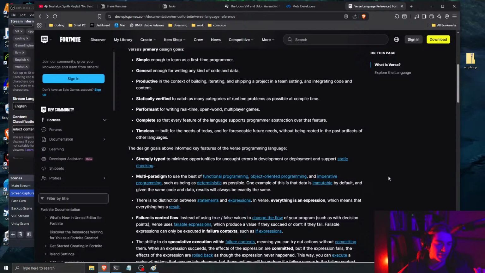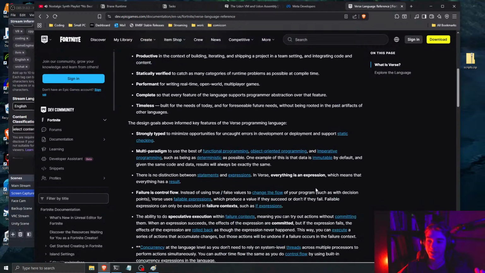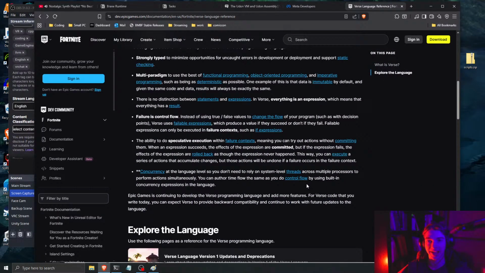Ability to do speculative execution within failure context. I think that just means the ability to do trial and error attempt to solve that error. No. This is like the core concept of the entire language. It's like the thing that they're experimenting around with. So this thing, failure, is control flow. So instead of true-false values, they don't have a concept of a Boolean. Actually, they probably do, but the way that you use a Boolean within an if statement is literally like